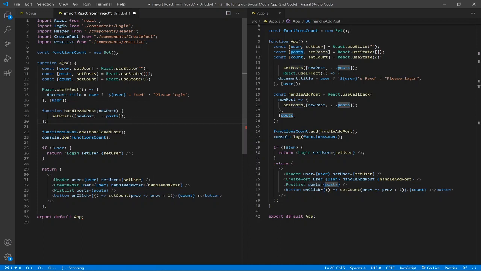Let's say this is a parent component and this is a child component. How do you bring the data to the child component? Using props, right? You define the user states here and then bring them to the child components right there. The other way around,